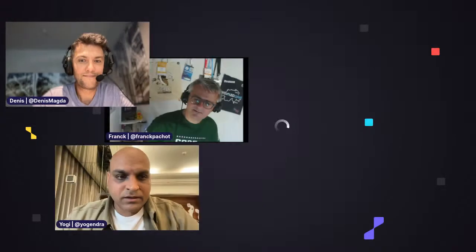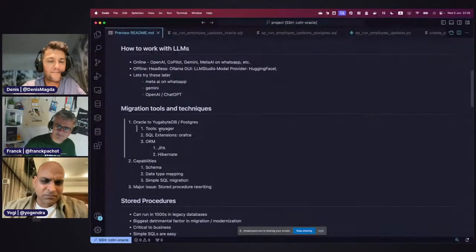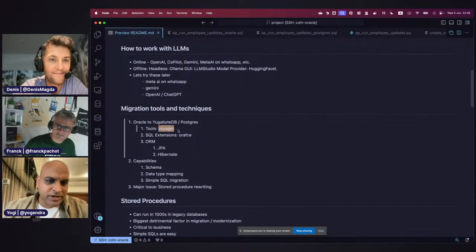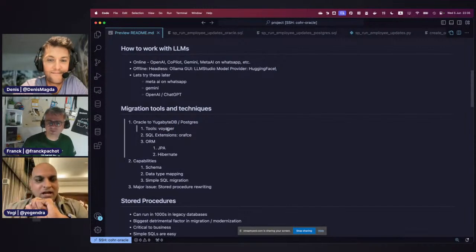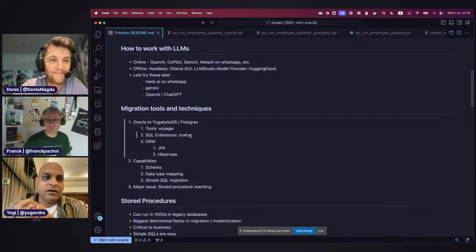Okay, so I am going to get into the very first thing, which is more around migrations. You already mentioned Voyager, right? Especially coming from Oracle to Postgres, there is a very good set of community work that has been done to simplify your migration.